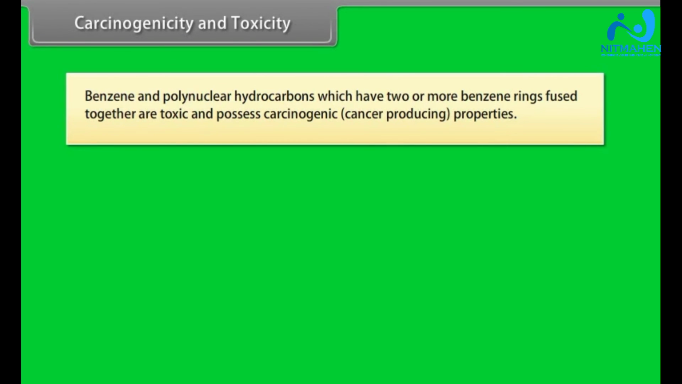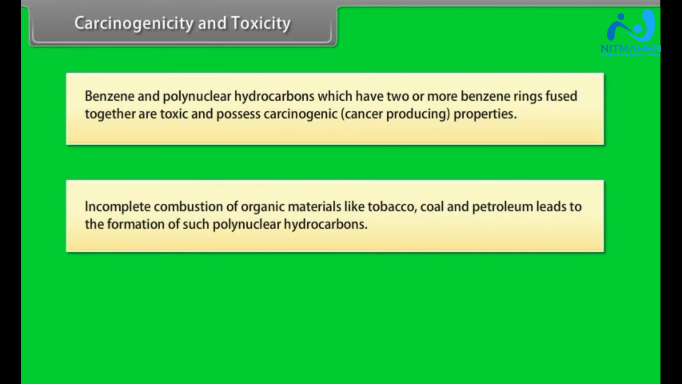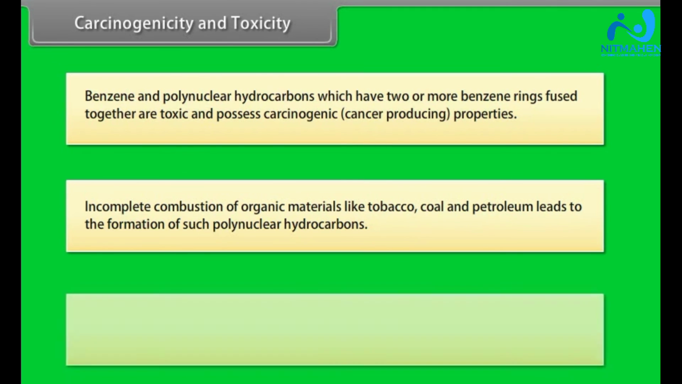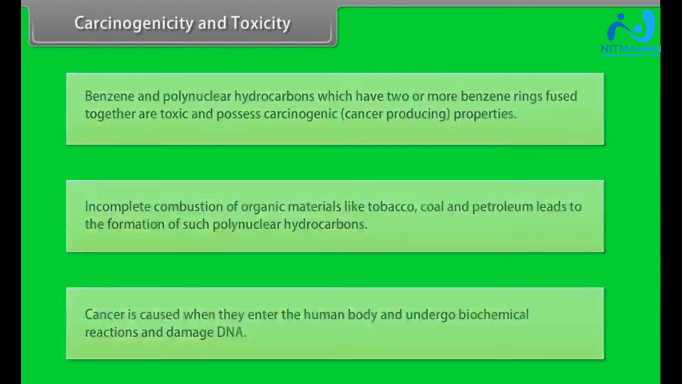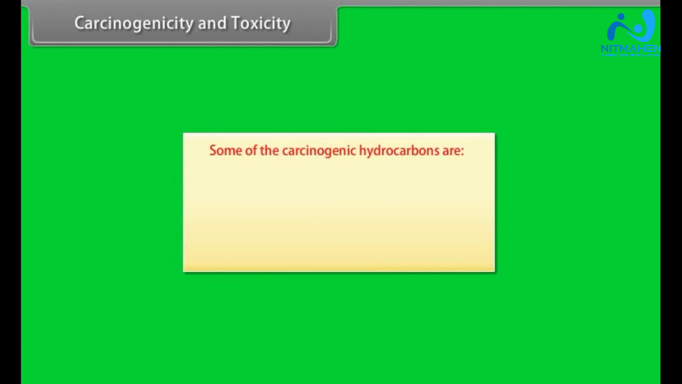Carcinogenicity and toxicity. Benzene and polynuclear hydrocarbons which have two or more benzene rings fused together are toxic and possess carcinogenic or cancer-producing properties. Incomplete combustion of organic materials like tobacco, coal and petroleum leads to the formation of such polynuclear hydrocarbons. Cancer is caused when they enter the human body and undergo biochemical reactions and damage the DNA. Some of the carcinogenic hydrocarbons are